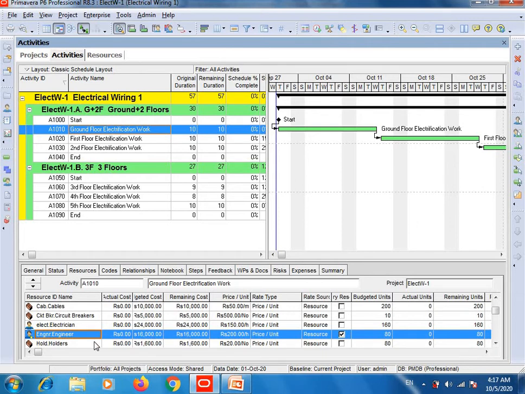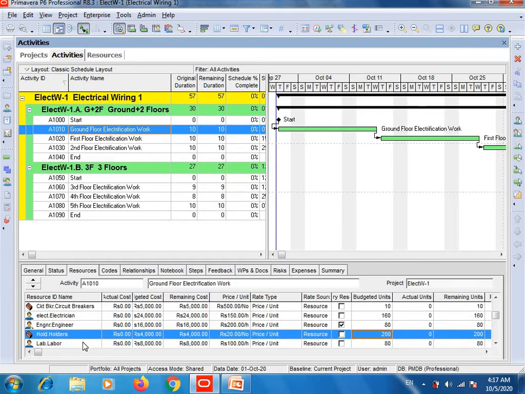Now here comes holders. The holder unit price is 20 Pakistani rupees, and how many holders will be required? For example, I insert 200 and press enter. For the first activity 200 holders will be used, so the value will become 4,000 Pakistani rupees.